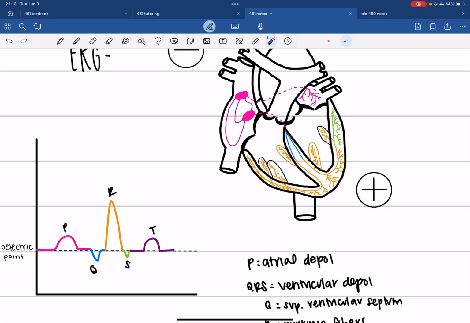But since here at the Q wave we kind of wrap around, we're going more towards the negative, that's going to cause us to go down. Negative towards the negative is going to cause us to go down. Then in our Purkinje fibers, we're just going to see a more strong vector going this way, and that's going to cause us to go up even higher because that one's super strong. And then when we come back around, we're going to have a tiny wave going down.